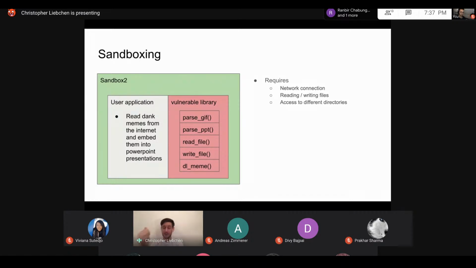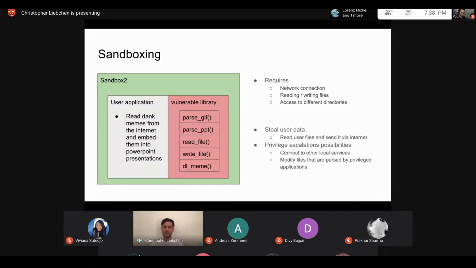And if you think about this, even if you put it into a sandbox, you need to allow certain functionality, right? You can't just disallow network connections, because then it can't get the memes. So in this case, you need to give it access to the network and so on. And this is actually not very desirable, because let's say we have a vulnerability in the parse GIF or parse PPT